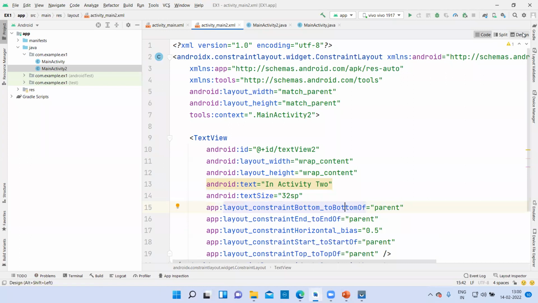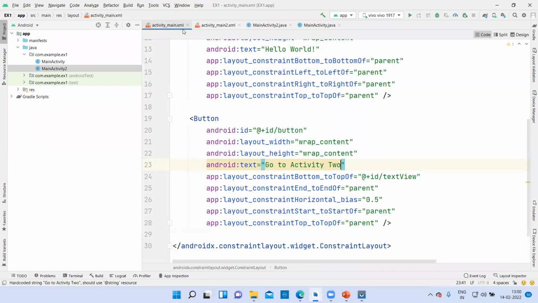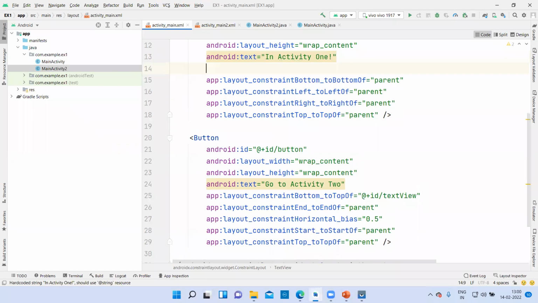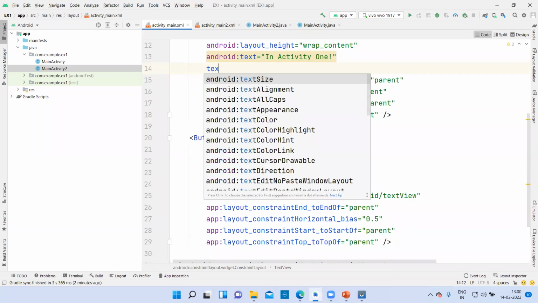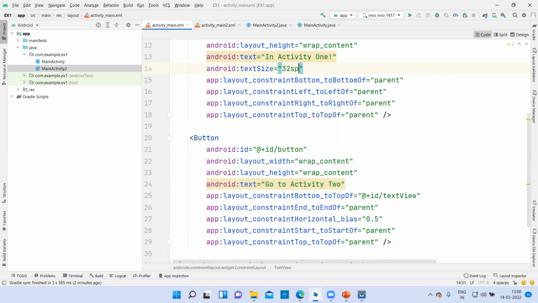That's it. Now let's see the design part. Now it's pretty clear. And in the main XML, you can also write here in activity 1, and you can increase the text size. If I write it, it is coming 32sp. So this is how the design part is done.